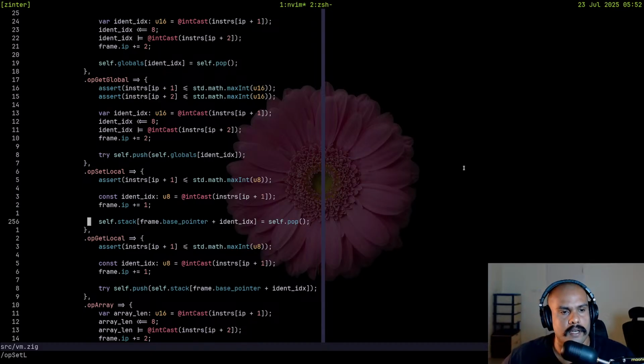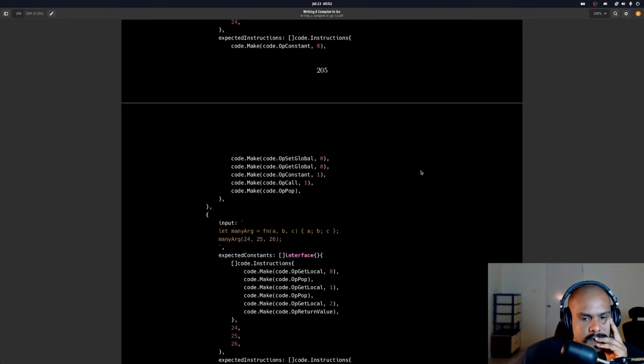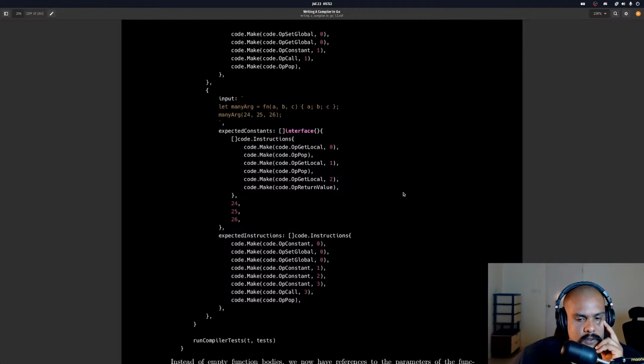But when it has... won't that mess up the index of